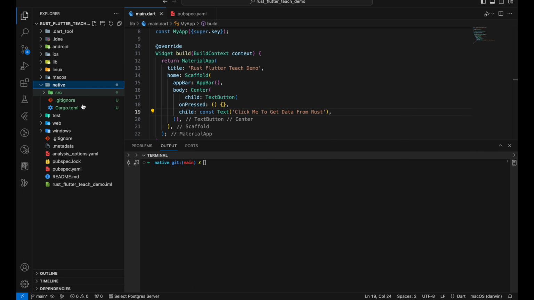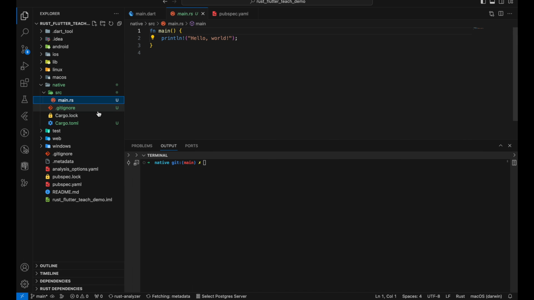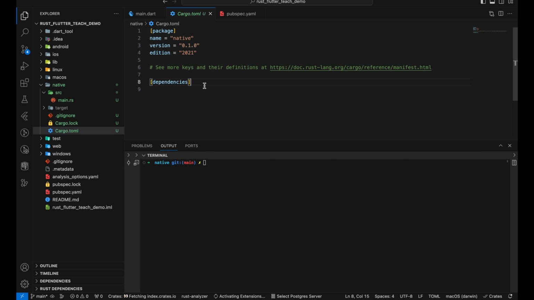In here, as you see, there is a main.rs and the Cargo.toml file, and in the Cargo.toml file we need to change the name. The name is right now native, but we want to match our project name, rust_flutter_tech_demo, with underscores. Okay, great.